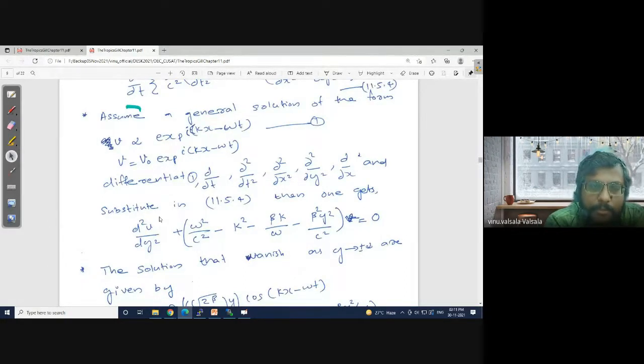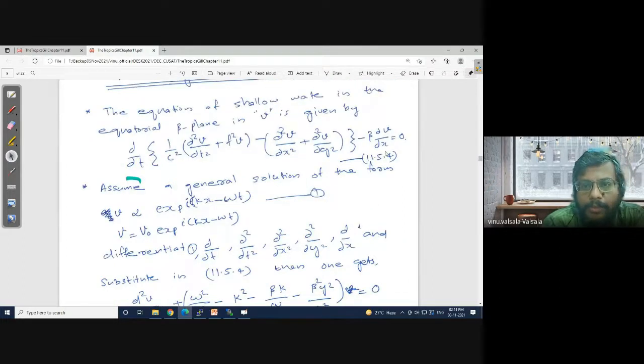Because this is the most general form of the solution we assumed in the most fundamental equation of the shallow water, the Kelvin wave should come as some special case here. Although we derived it a priori by assuming meridional velocity is 0, because that's the property of Kelvin waves. There are no meridional currents. And why there are no meridional currents for the equatorial Kelvin wave is because a Kelvin wave requires a boundary to travel.